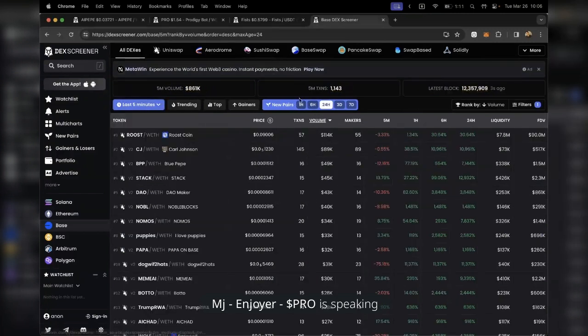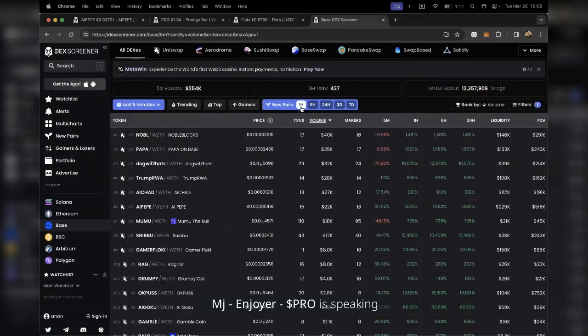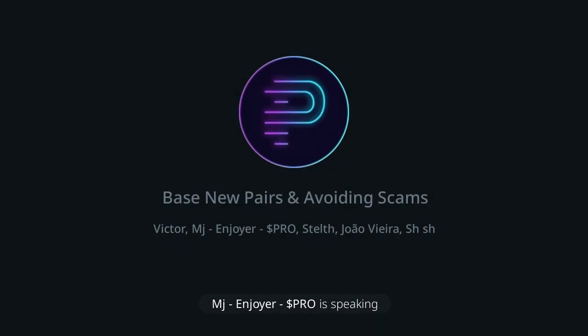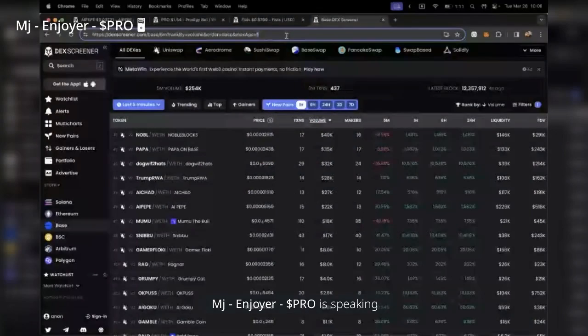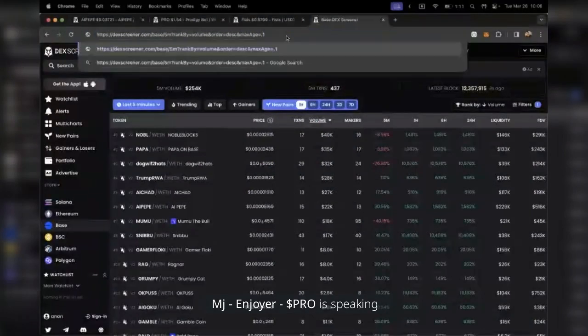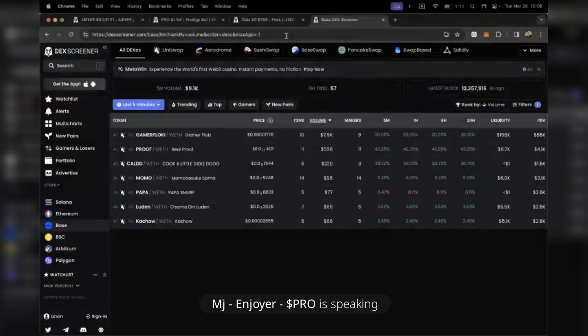But the way I do it is so by hour, right? But if you go up into the URL bar and you do, so that's 1, right? 1 hour. If you do 0.1, it's 1/10 of an hour, which is 6 minutes. So 0.1 gives you all the latest coins in the last 6 minutes. Now, something you also want to do,